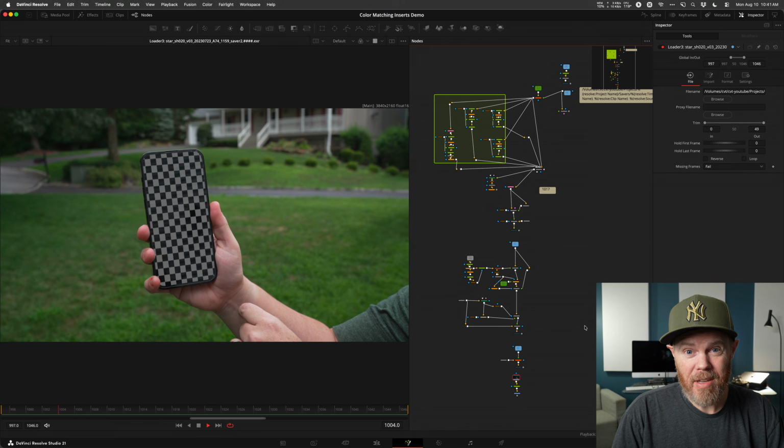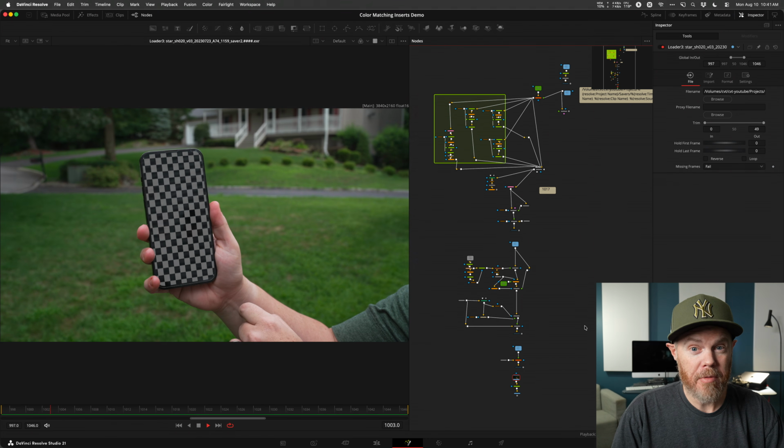One of the best ways you can get better performance and playback from Fusion comps, especially when they get heavy, is to save them out using a thing called a saver node. It's basically a render node specifically for the Fusion page. Now, in the past, it's kind of been a pain in the butt because you have to manually type in